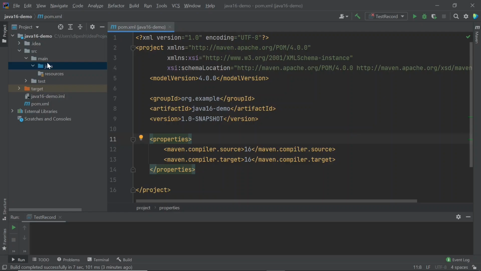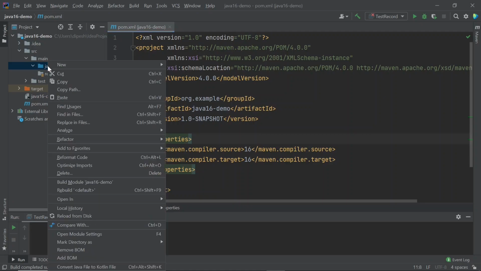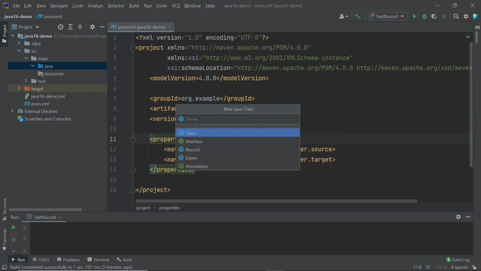So let's start. The first thing we need to do here is create a record, and you can see IntelliJ IDEA has added a record option after the JDK 16 release. So you can create a record here.